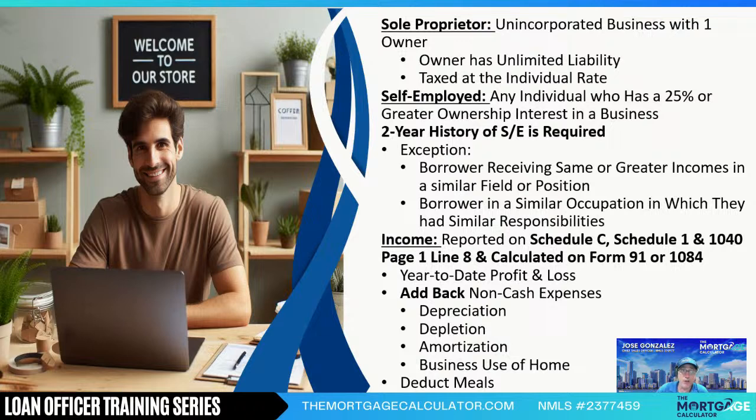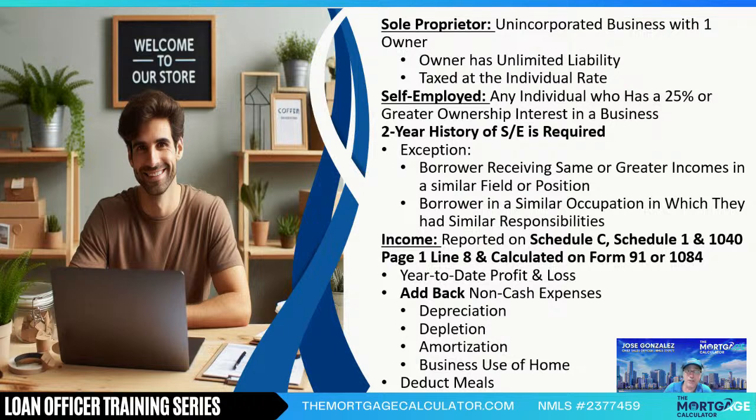Now, for most self-employed loans, please note that a 2-year history of self-employment is required. That's really important to note because there are exceptions, right? At the mortgage calculator, we love providing solutions, but the exceptions, whether it's a conventional loan or a non QM loan, and remember, obviously, these exceptions need to be very well documented to be granted by underwriting, but